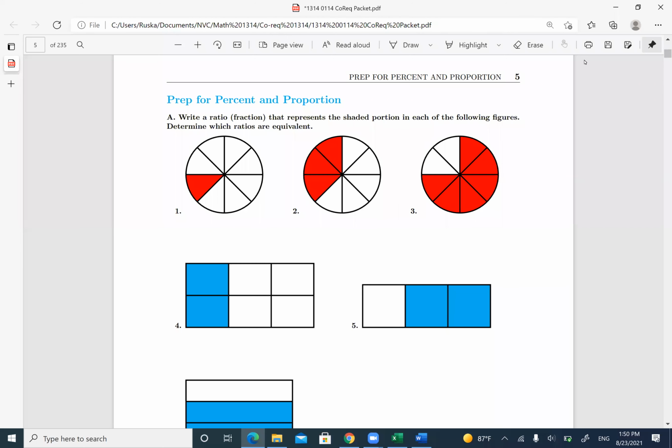Okay, so today we're going to prepare for percent and proportion. First, what is a fraction, what is a ratio? It's a part of a whole. So if you have a pizza or a pie and